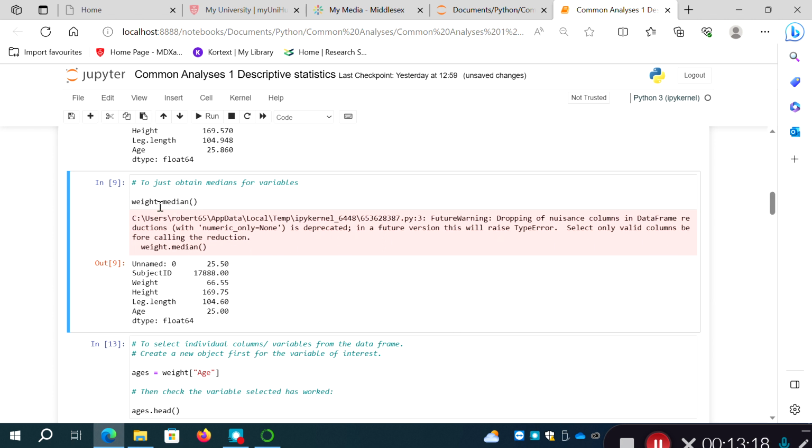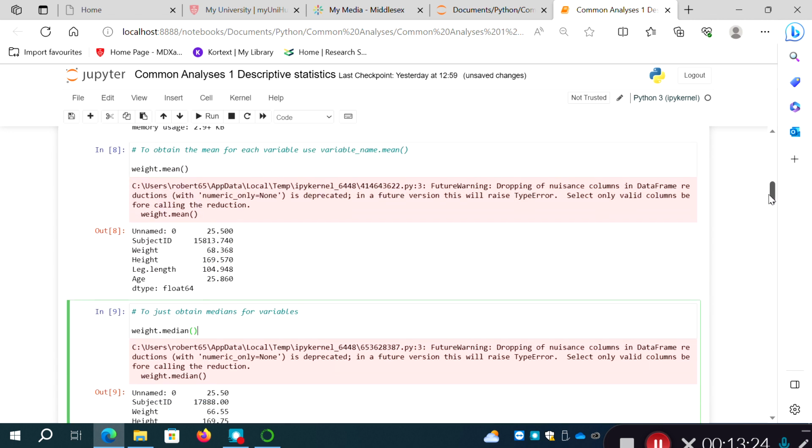Another thing we could do, if we just wanted the mean for a specific variable, or the median for a specific variable, we could actually just tell Python which variable we're interested in. So from the weight data set, if I put brackets after weight, and we say we're interested in the mean age,